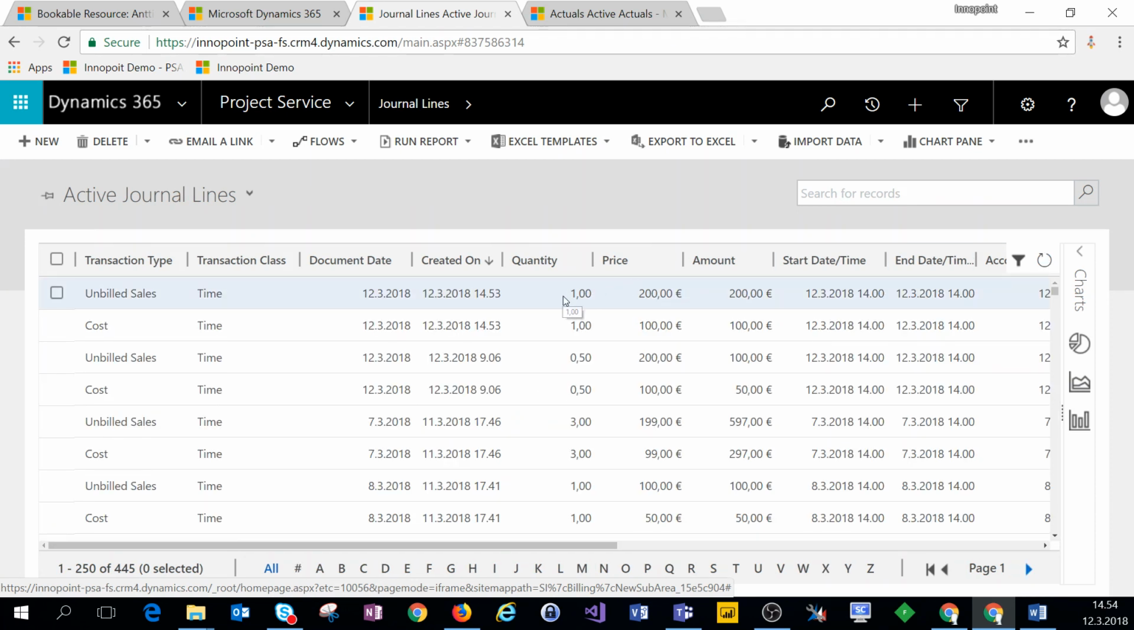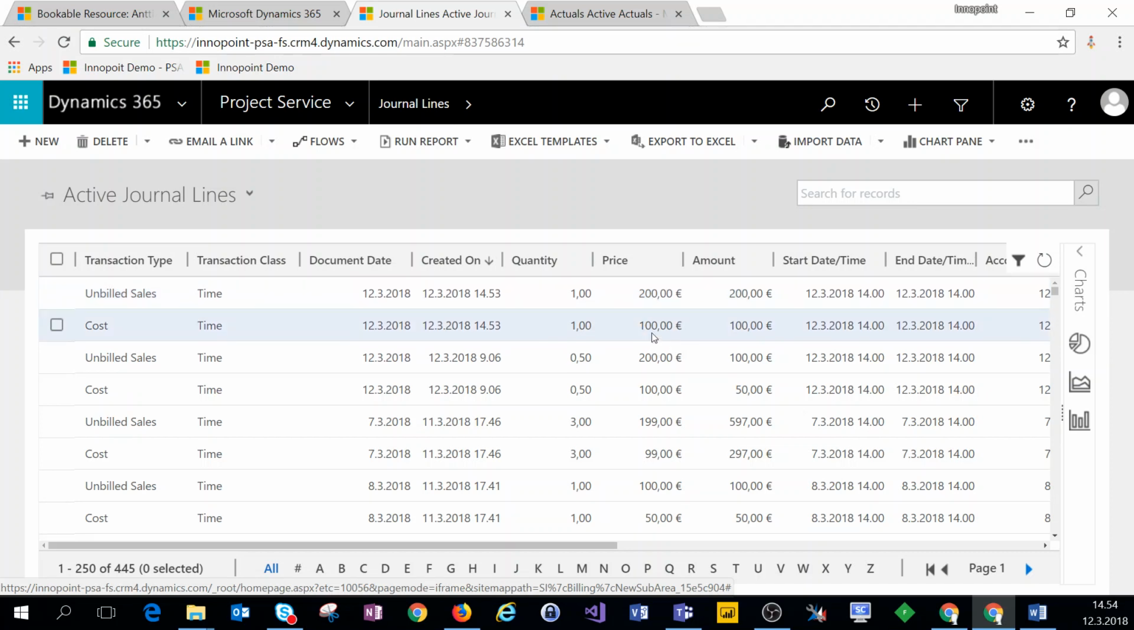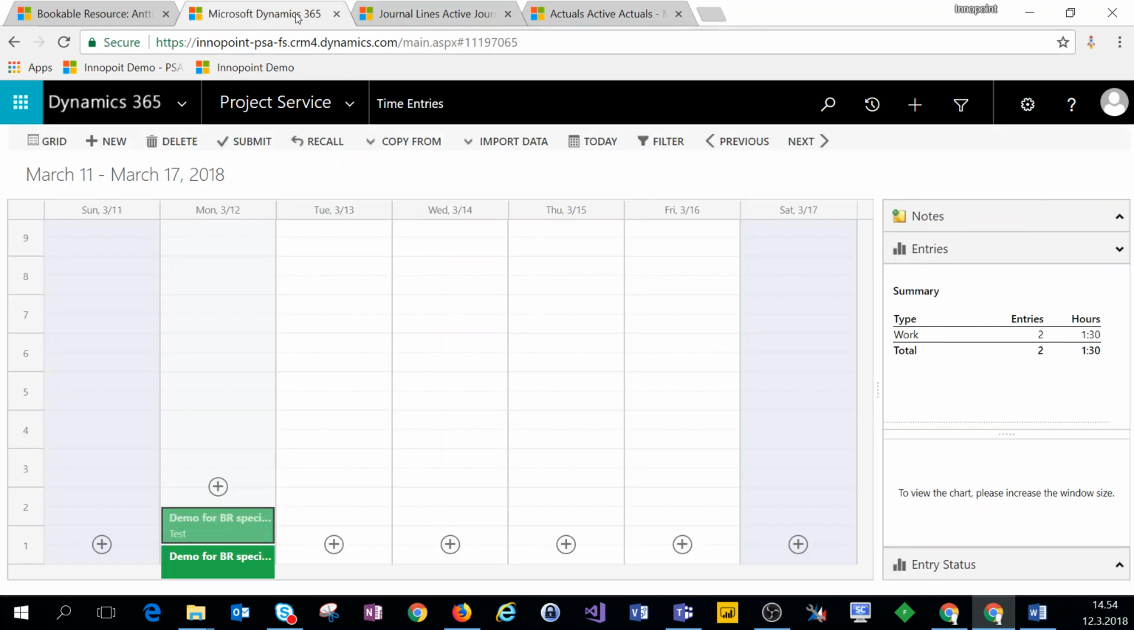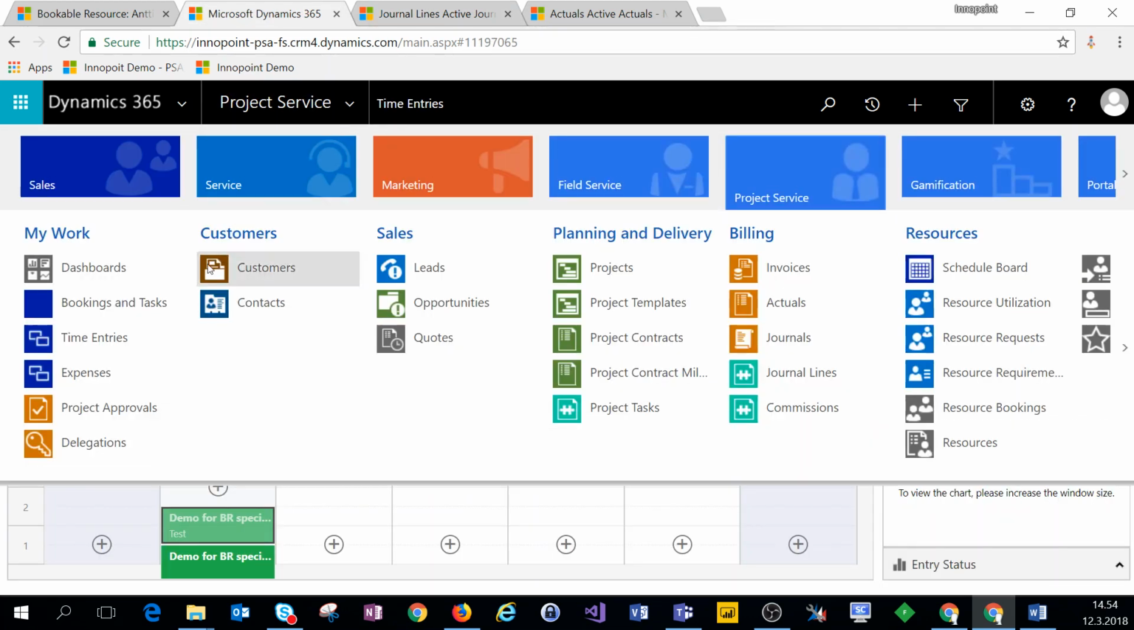Here we go. As you can see, the workflow is a background workflow, so it takes a few seconds to run. That's why we had 100 and 100 here. But now the workflow has fired off, and the fields are properly populated. So on the journal lines, we have 200 as a sales price and 100 as a cost price, just as we should. So now if we go to project approvals,